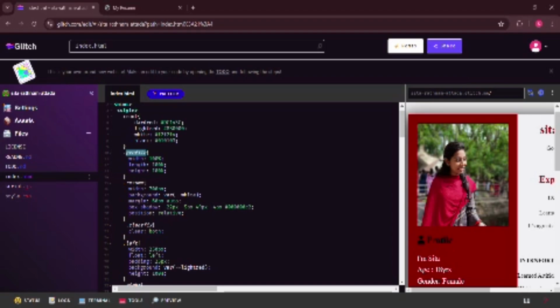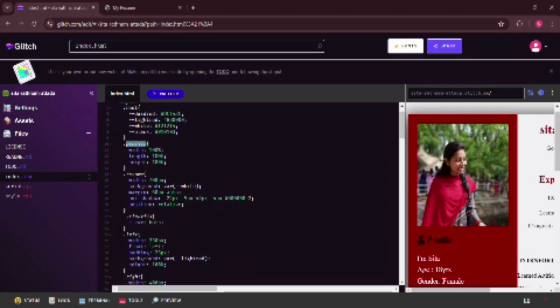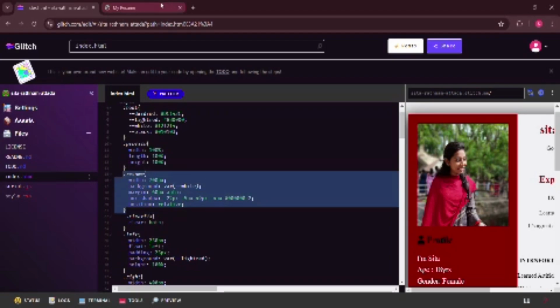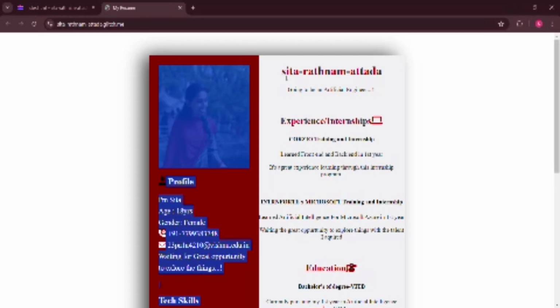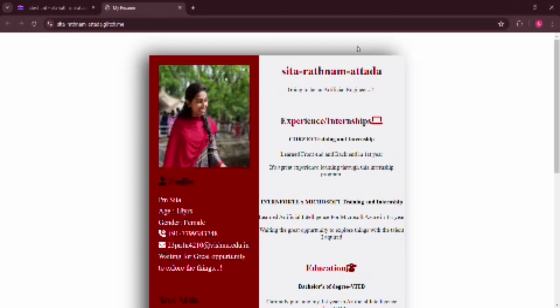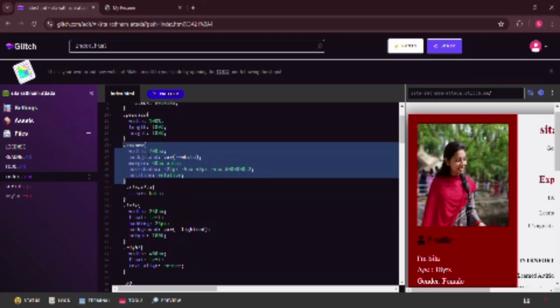And I gave the properties like width, height, length, which generally change the properties of the image I placed in my resume. And next, resume. Here I gave the properties like width, background, box shadow and position. This is the resume of width 700 pixels, and the box shadow is generally a gray color, and margin position is absolutely relative, and I used clear fix,